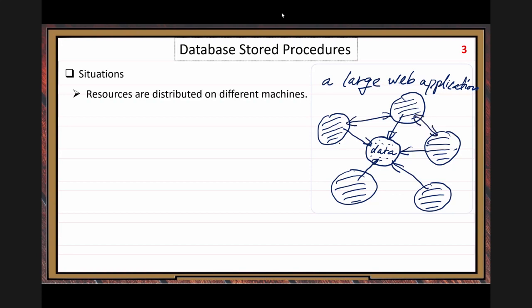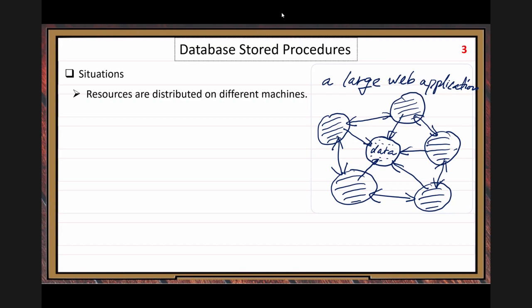So all the resources are shared among all these servers. That's the typical structure for a large web application running in the world, with this kind of basic architecture.